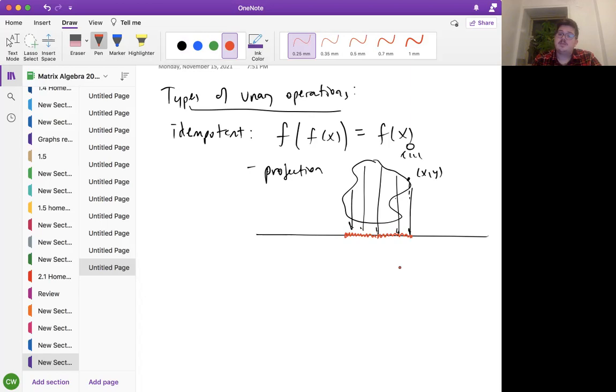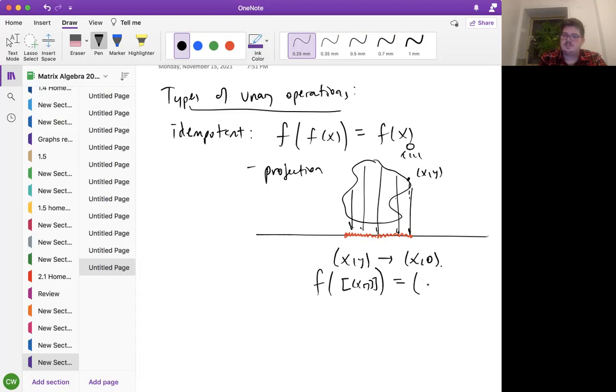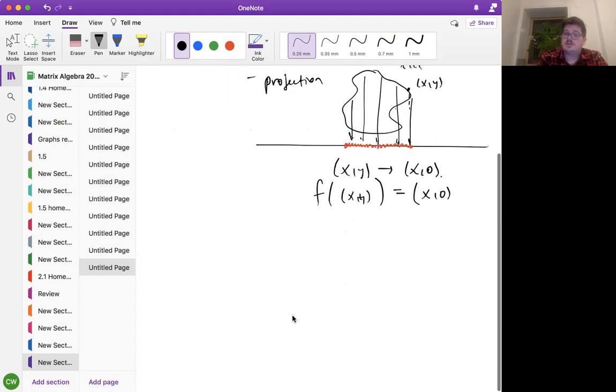Yeah, I'm doing it on the point itself. So projection is x, y to x, 0. So f of, this is as a single point, the input is x, y. It's one input, the point, and that's equal to x, 0. Yeah, sorry. How about doing f of x, y like that? It's still one input x, y. x, negative y would not be idempotent. So if you want to do x, y to x, negative y, what is that?